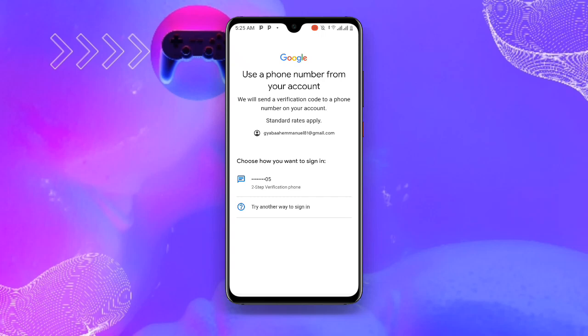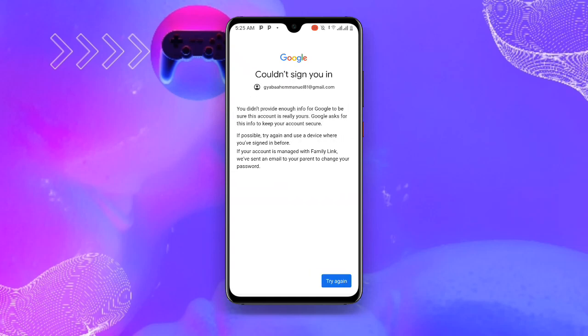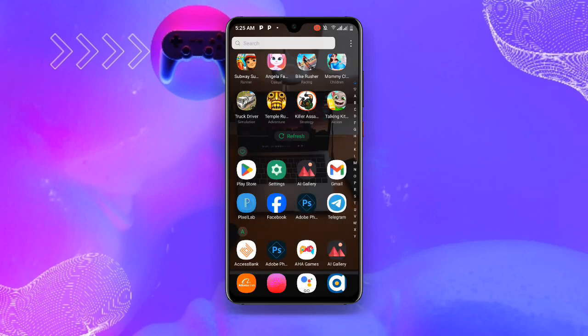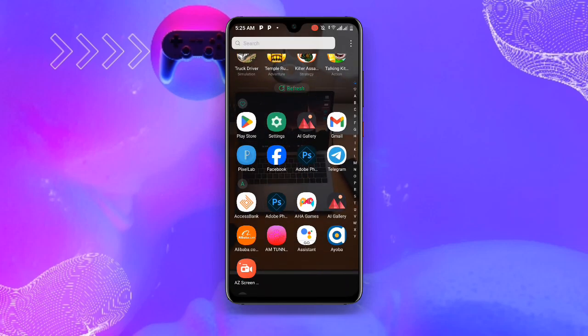You don't want to use our number, so you can see click on try another way once again, and you can see couldn't sign in over here. You can see you didn't provide enough info for Google to be sure this account is really yours. So now just skip this option and let me show you the another way, the easiest way it will work